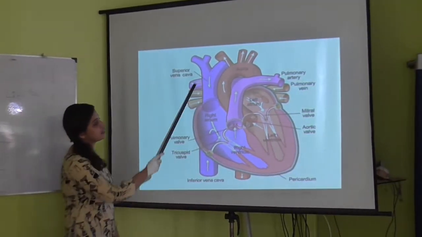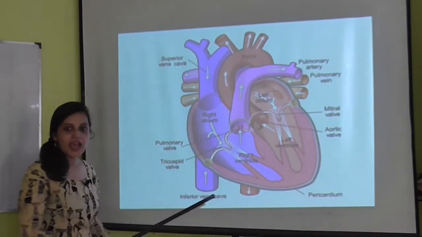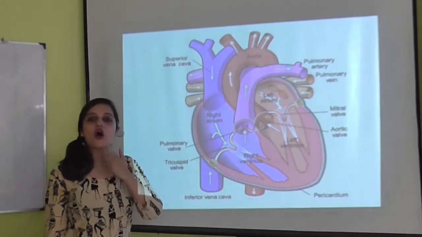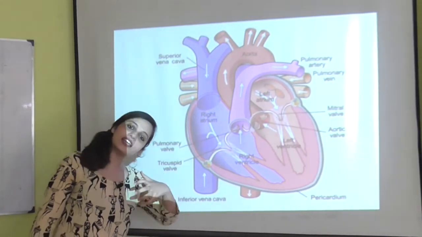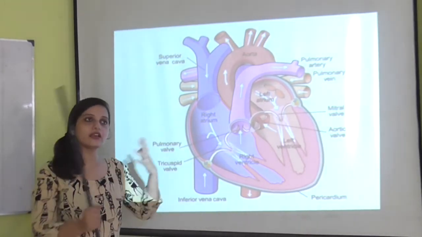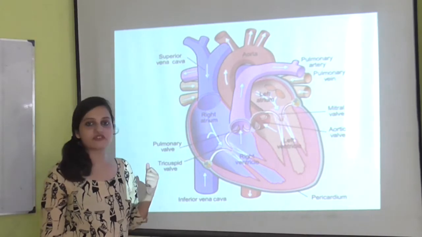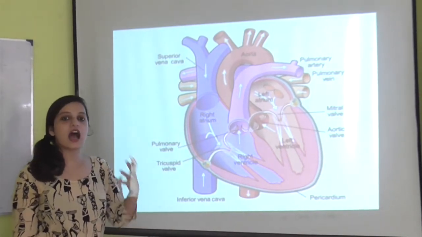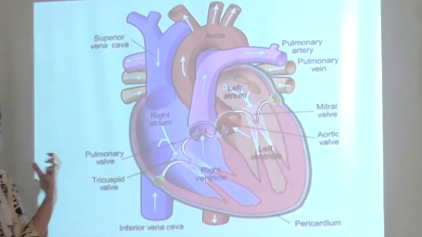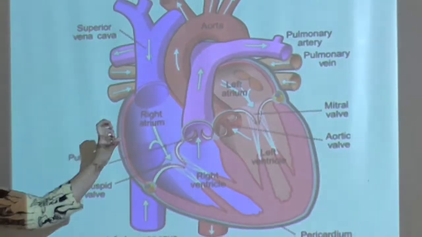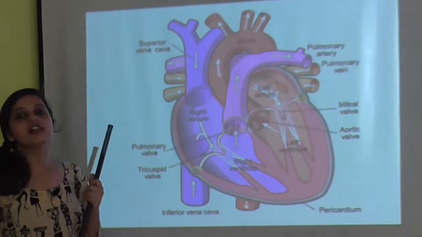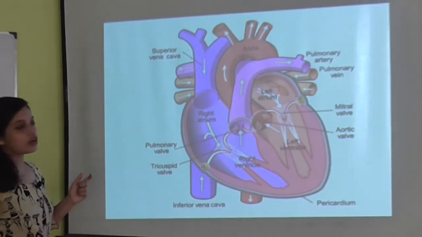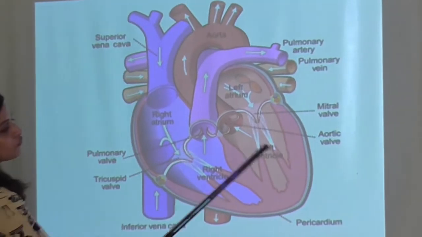So as you can see, it is conical in shape and it is placed in the middle of your chest. Most of the time it is bent towards the left. So that is why we say the heart is on the left side, but it is not present totally in the left. It is present in the middle of your chest and it is inclined towards the left. So as told earlier, it has 1, 2, 3, 4 chambers.